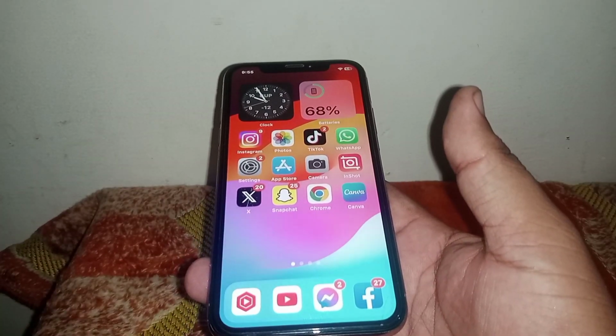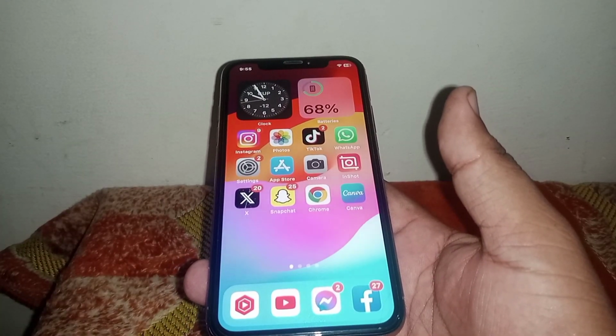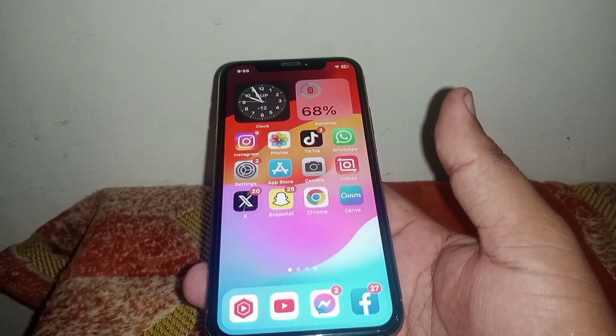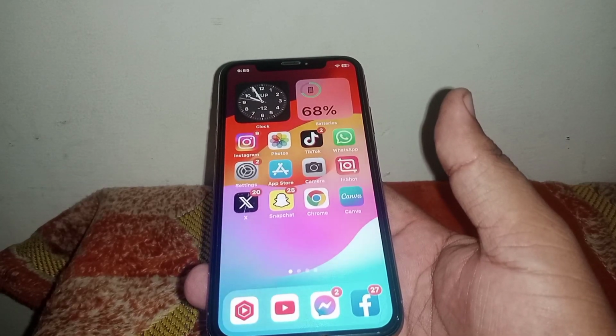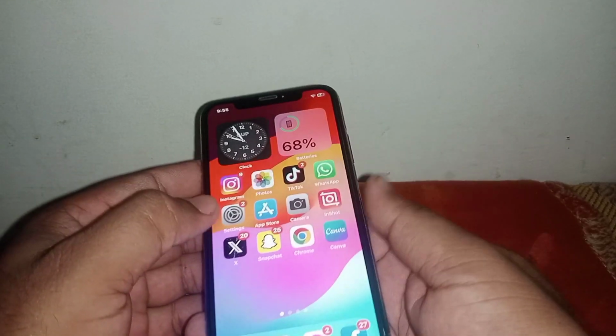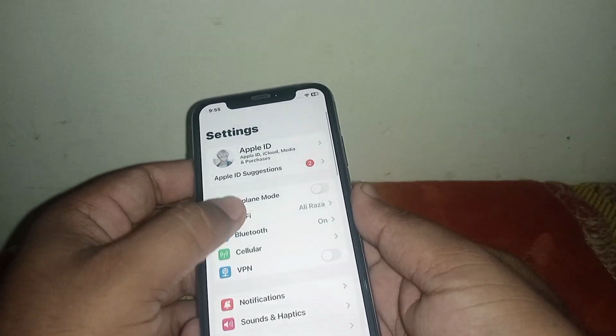In this video I'm going to be showing you how to install iOS 17. If you want to install iOS 17 on your iPhone and iPad but the update is not showing in your settings, how to fix it? First of all, open your settings and from here click on Wi-Fi and make sure that you are connected to a